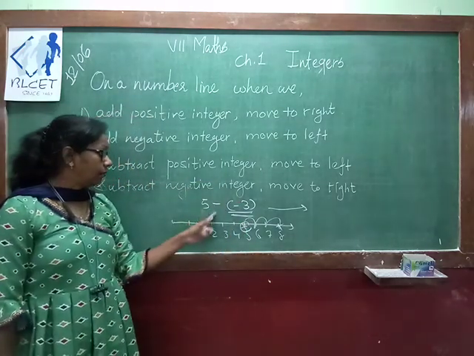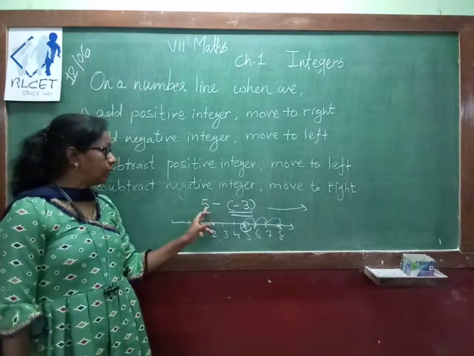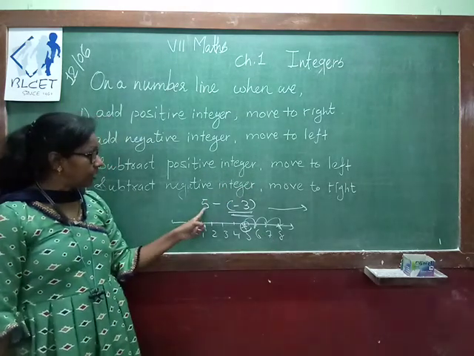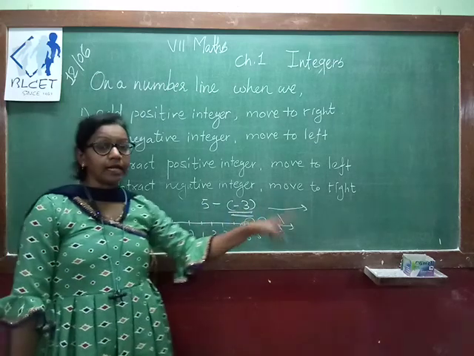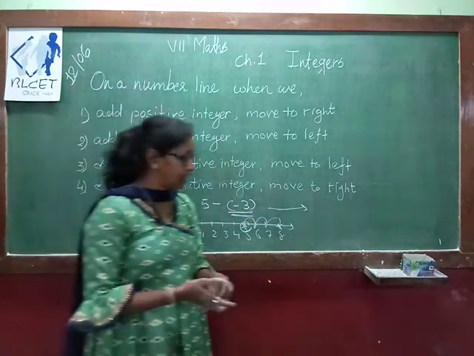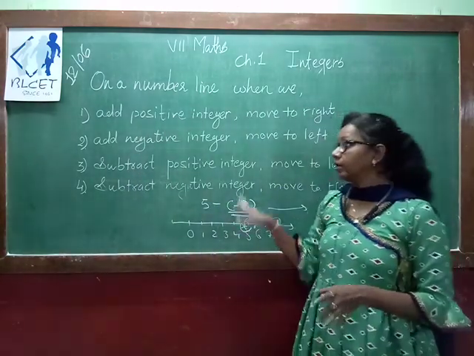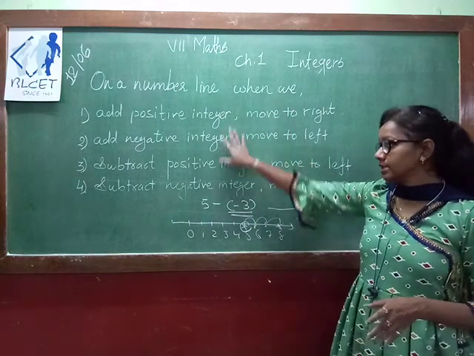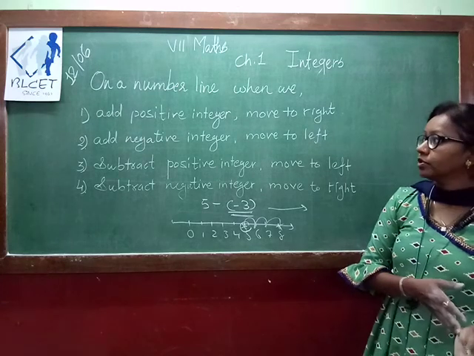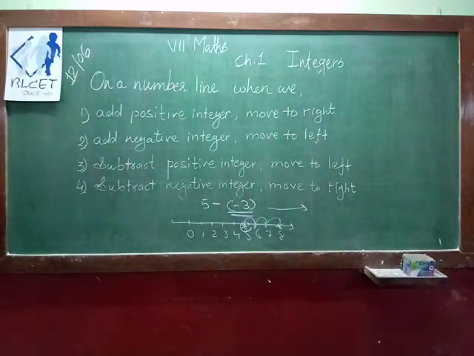Whatever number you have taken here, that is your positive value. If you are subtracting a positive value, it will decrease. But from a positive value, you are subtracting a negative value. So your positivity will increase. So remember it like this. These are the basic rules that we have to follow here also. On the number line when we add, this is the concept that we will utilize in this particular chapter. So this is all about some rules that we have to keep in mind. Thank you.